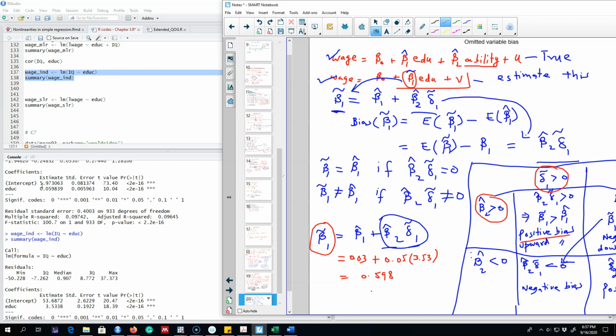Next, you're going to work with an example and you're going to come up with these values by arguing that beta 2 could be positive or negative, and then in the same manner you're going to estimate these equations and calculate the value of the bias. You work with an example and I'll see you in the next video.